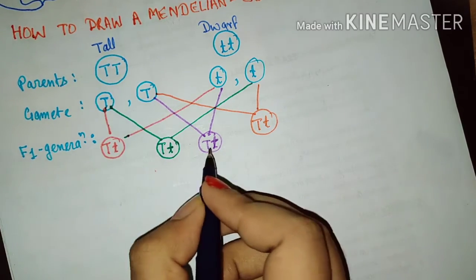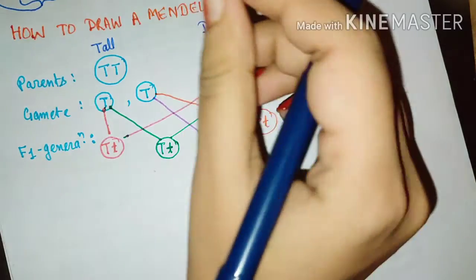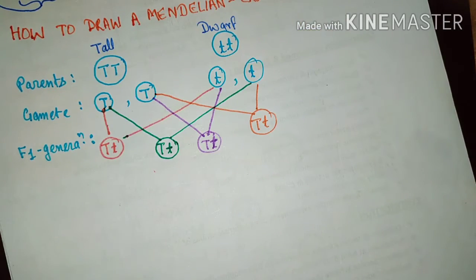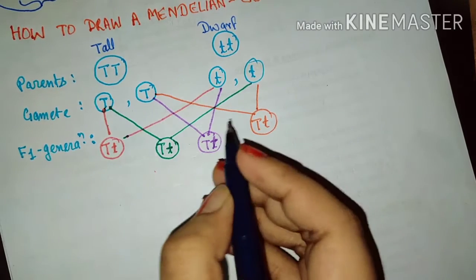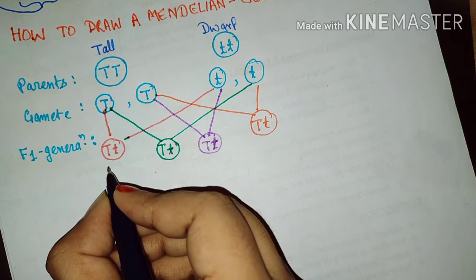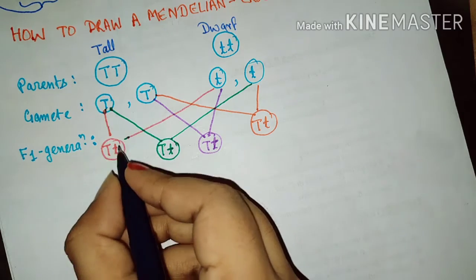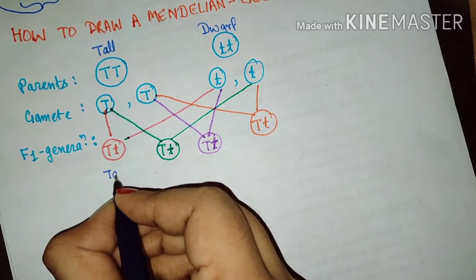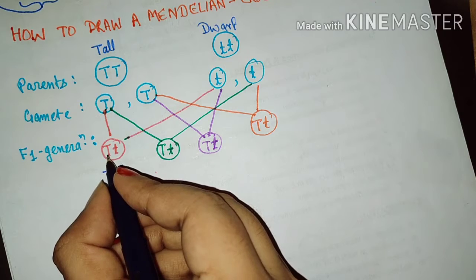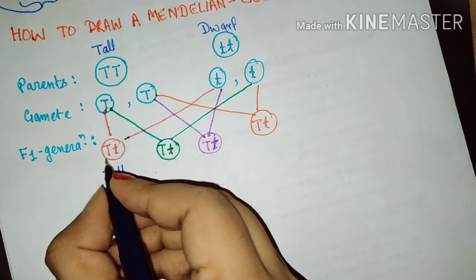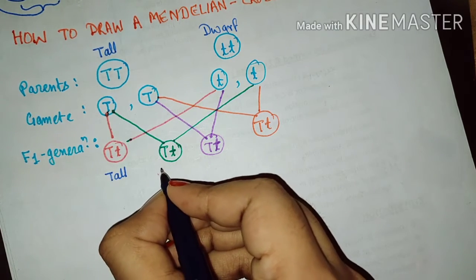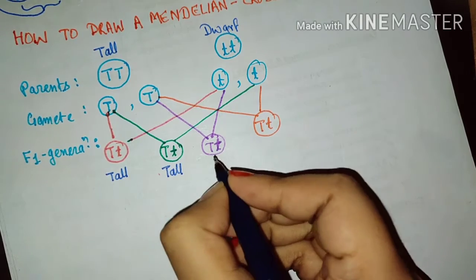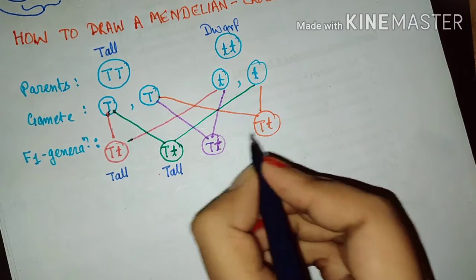This is the genotype. I will be explaining what phenotype and genotype are, but for now, you just have to listen to whatever I am saying. So for these genotypes, what will be the phenotype? Means what will be the character of the progeny? So this progeny will be tall. Why tall? Because it is capital T, small t. So capital T, small t, this gene is for tallness. And this is again capital T, small t, so this will also be tall. This is capital T, small t. This is capital T, small t.